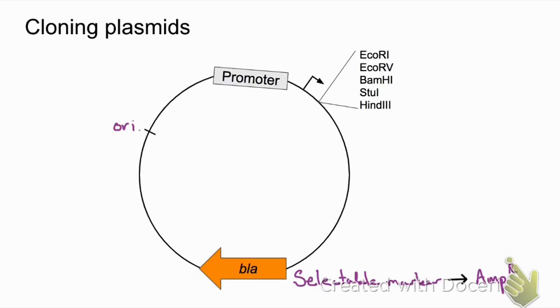On the top, you can see we have a promoter where an RNA polymerase would bind, as well as a transcriptional start site. And just downstream of that transcriptional start site, we have what we call a polylinker or a multiple cloning site. This is where we would want to put our gene of interest. And so you can note here we have a number of different terms like EcoR1, EcoR5, HindIII, and these are